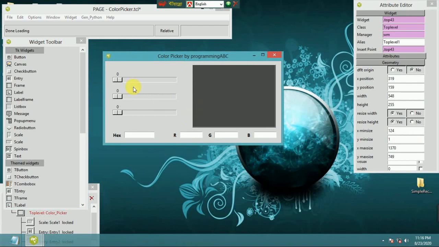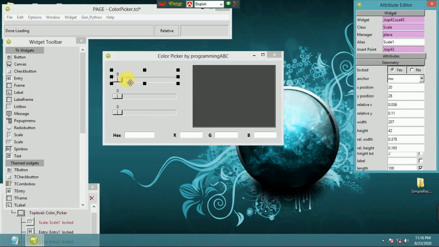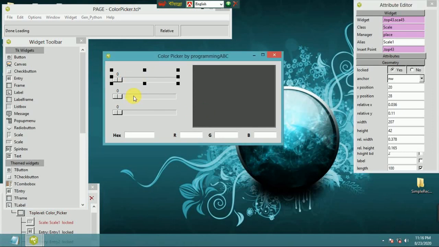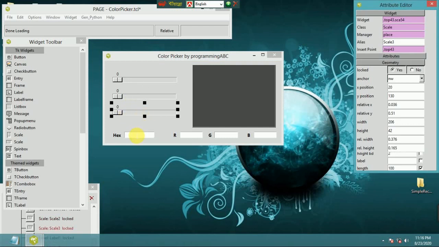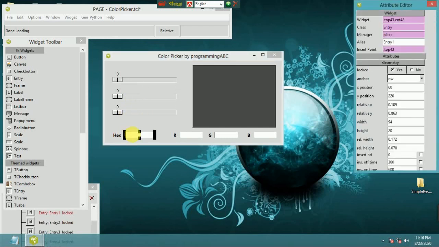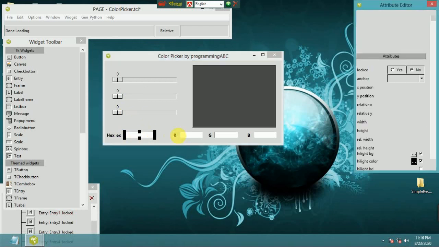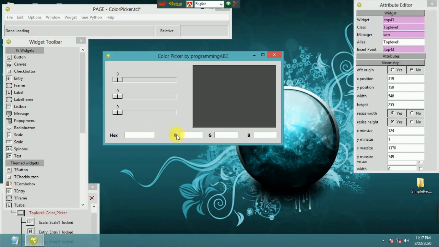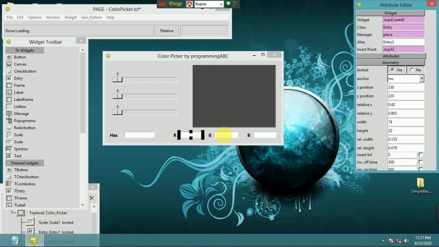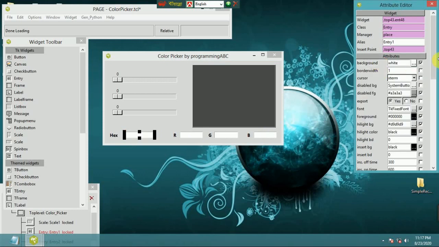This is the user interface. Three scales: red scale, green scale and blue scale. Hex color for the web color code. Red color value, green color value and blue color value. Hex color,